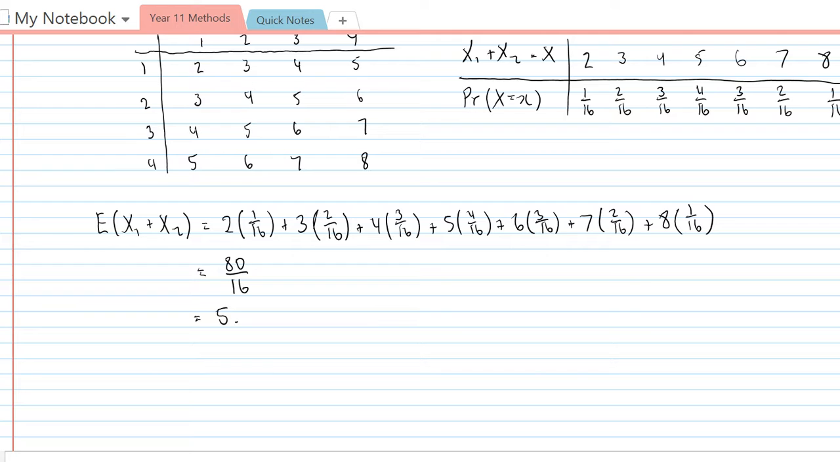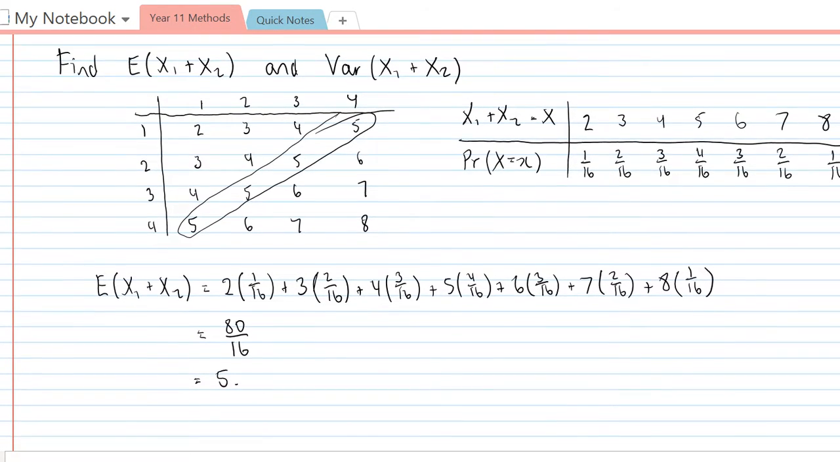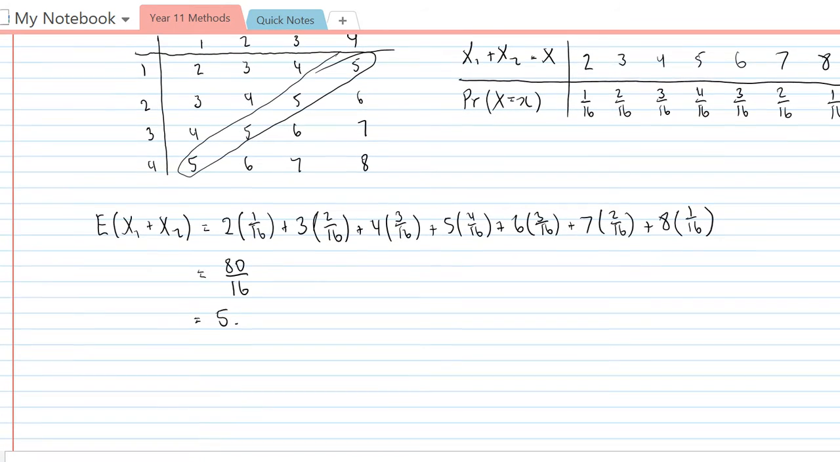So that's the first part of it. That's the expected value, and you can see that right here. I mean, 5 is the most common result, so it is what we would probably expect. As for the variance,